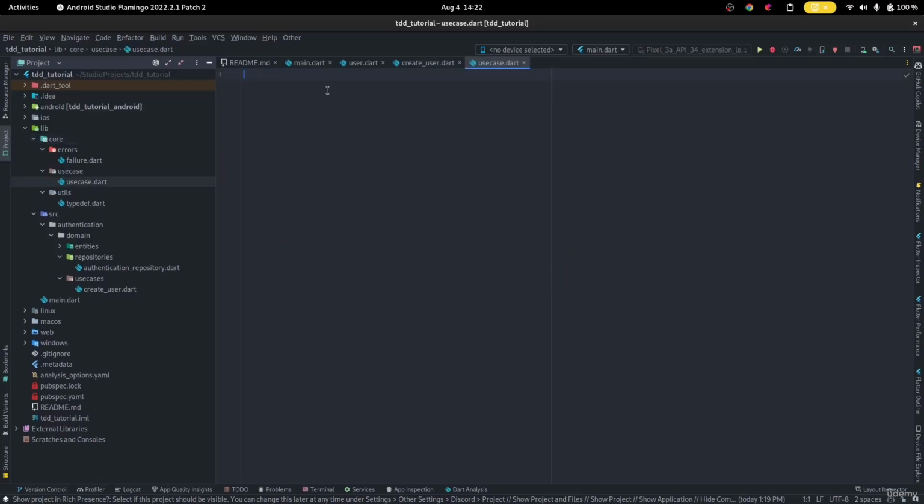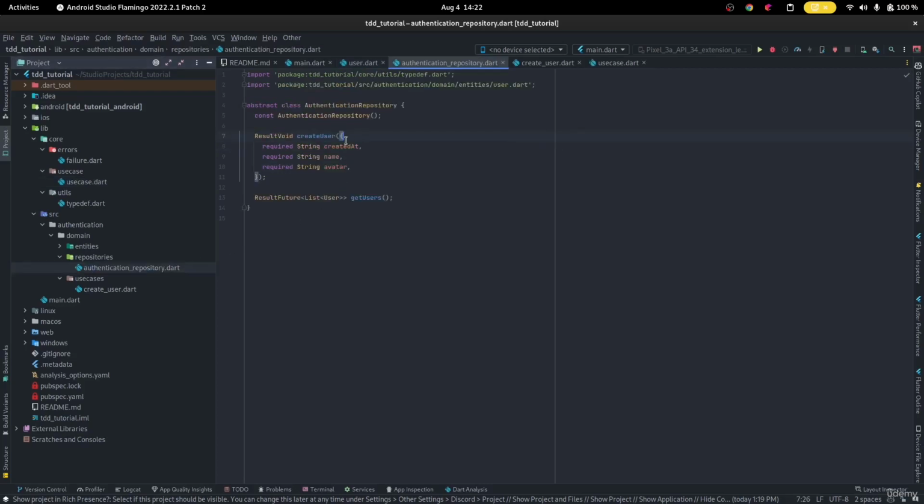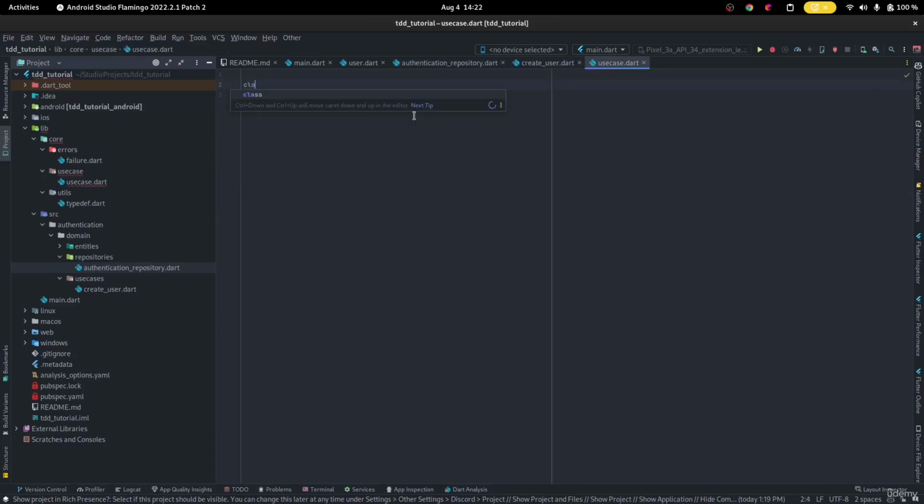All right. So now we could have two different types of use case, right? We can have a use case that has parameters, and we have use cases that don't have any params, right? So let's go to our repository. So we can see this use case has params, and this one doesn't. So if we go ahead and say we have a class, let's make an abstract class use case, all right, and we go ahead and do this, and we know that each time a use case will return a result